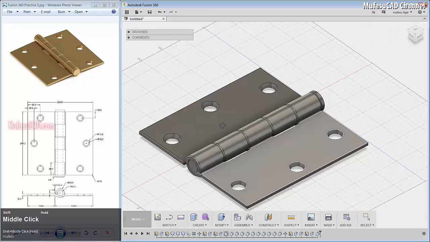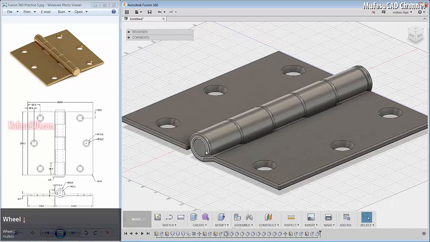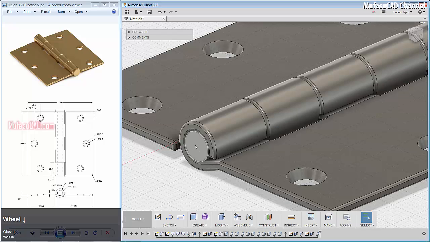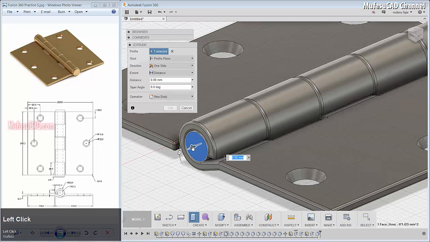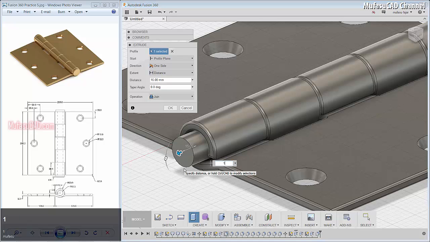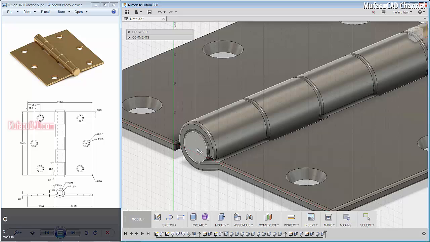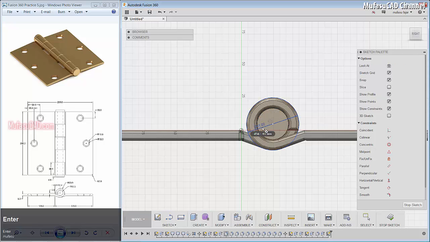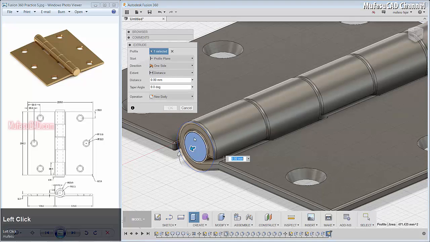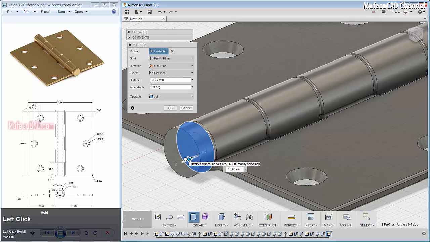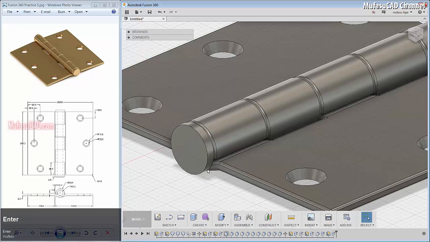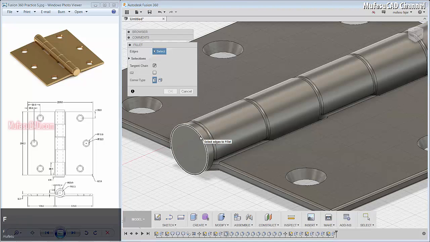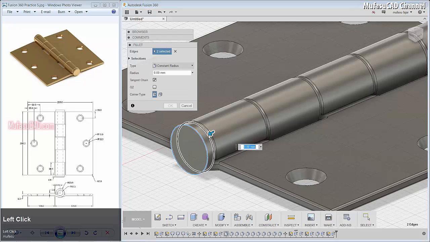I will rotate, and I will extrude this face again. You can tap E to extrude and select this face. Extrude to here about 1 point and enter. I will create a circle in this face from the center point here with a dimension about 41, and enter, and extrude this face and this face to here with 7 point, and then fillet with a radius about 2 in this edge, and type 2 and enter.